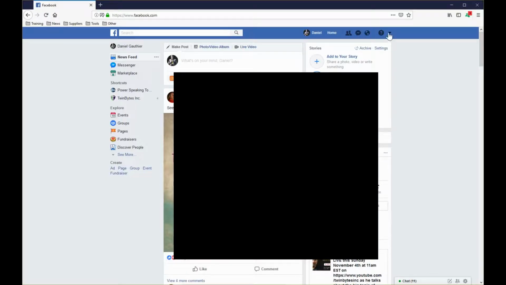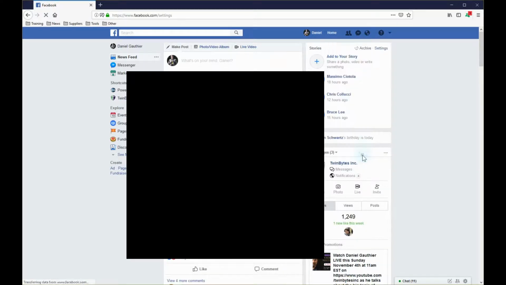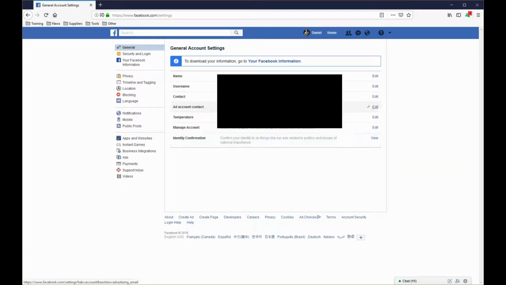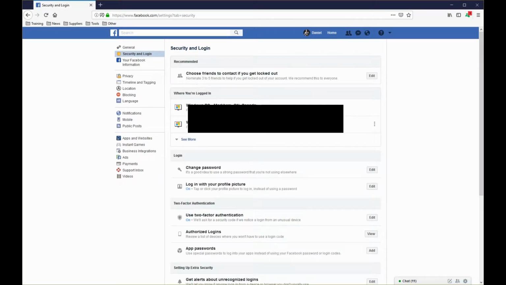So the first thing you want to do when you sign into Facebook is in the top right corner, hit the little arrow and go down to settings. And in here, security and login in the top left corner. And then on this page you can see some information you can run through, but click on the